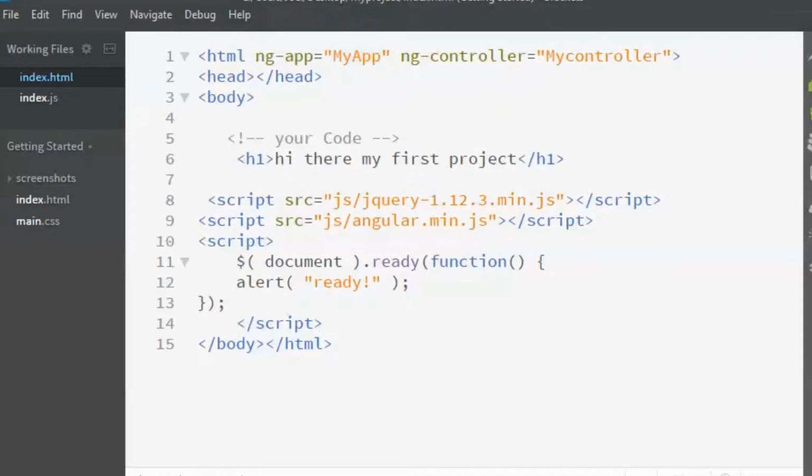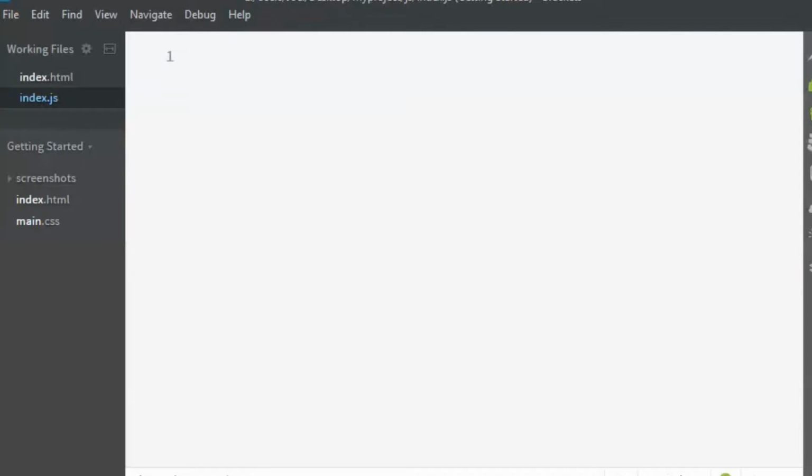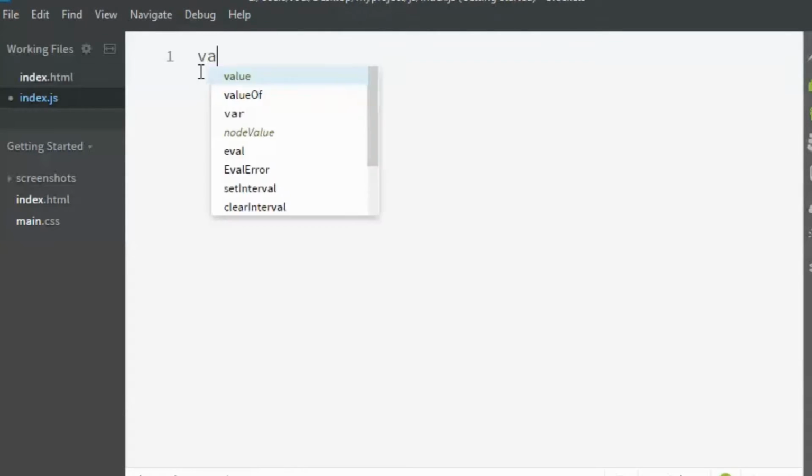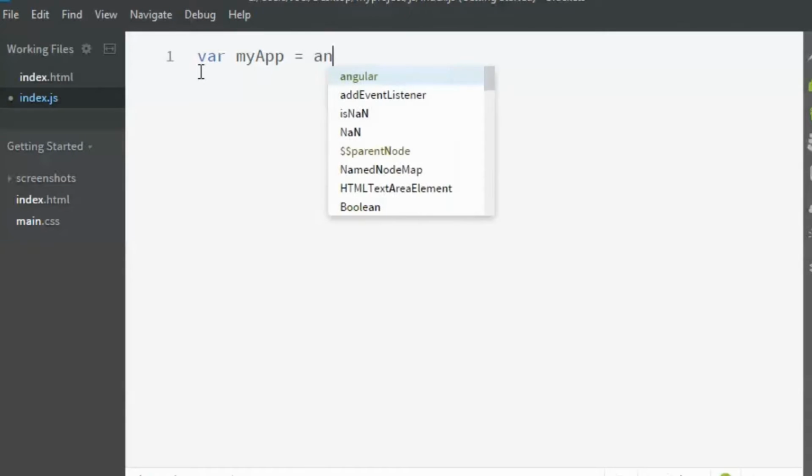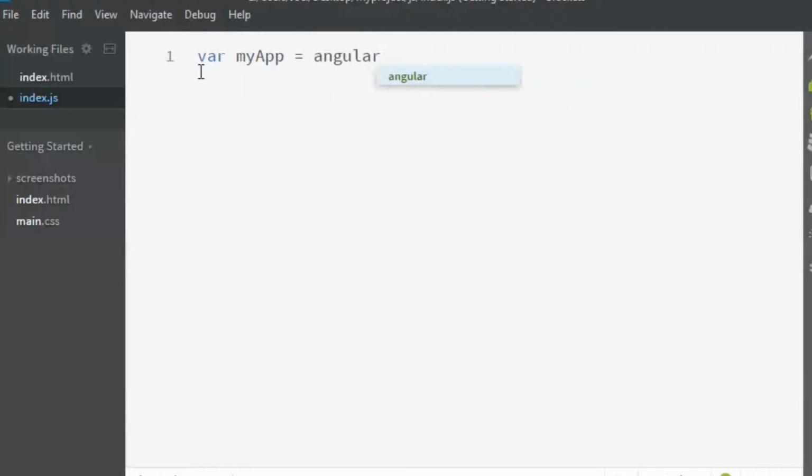Now guys, I'm going to show you how to define the app. To define the app, you will have to write this code. First of all, type in var myApp equal to angular.module, opening brackets.